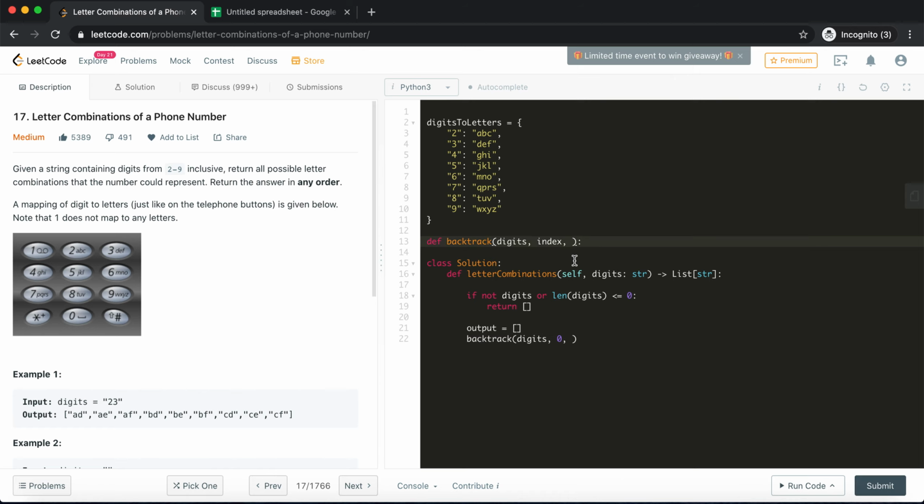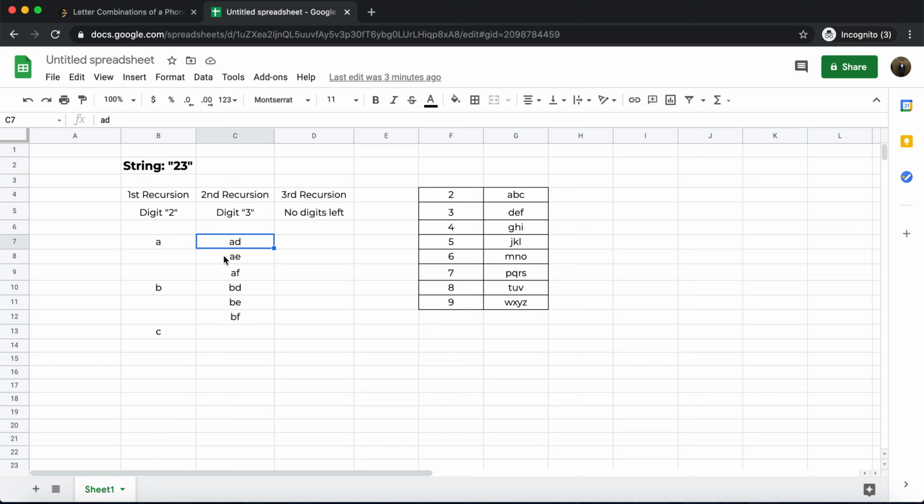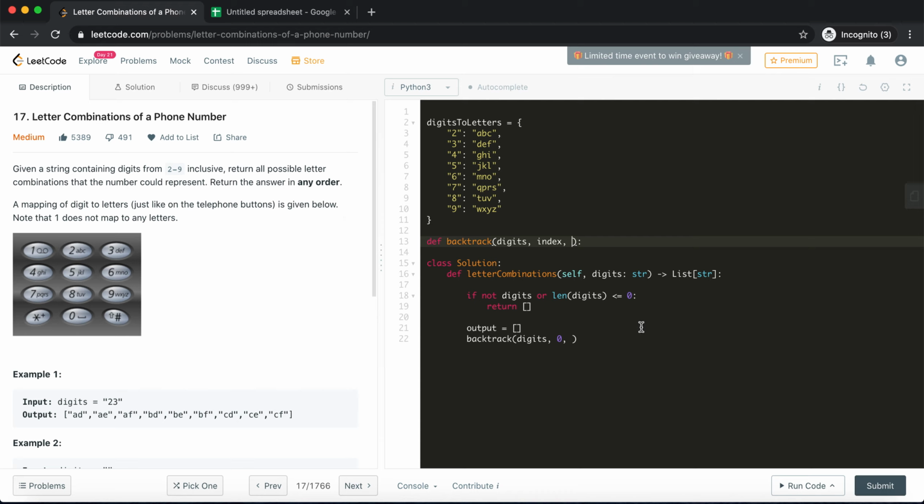Then I also need to track the current combination, which is the combination that gets populated in the current recursive path. So I need a combination which will represent my current combination. To begin with, I really have nothing. I have not really started my first recursion yet, so at this point my combination is an empty string.